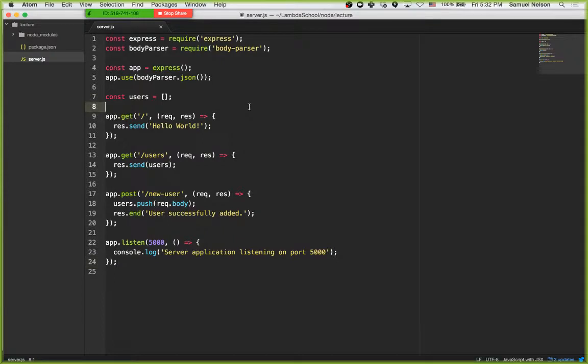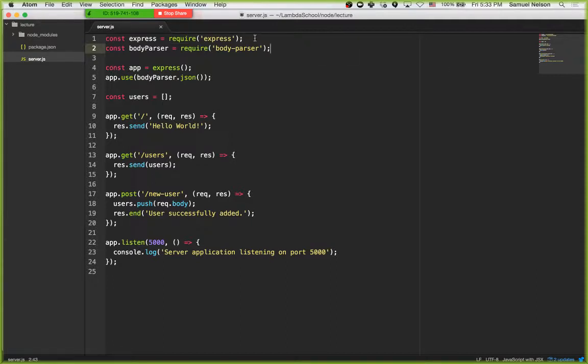Okay, so here's our basic server. All right, so there's one more thing that we're going to have to set up, and this one comes when you are retrieving an application that's being served on localhost 3000. So if we have a create React app and we have that up and going, what happens is the browser